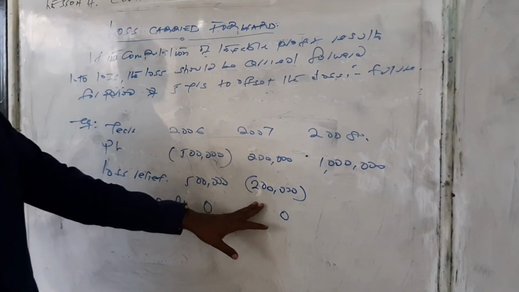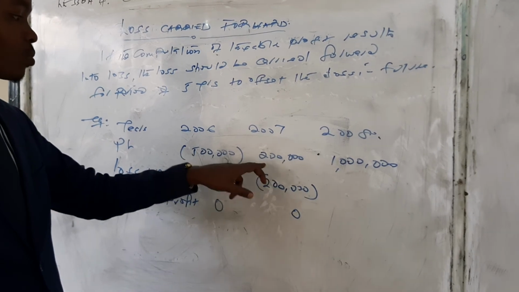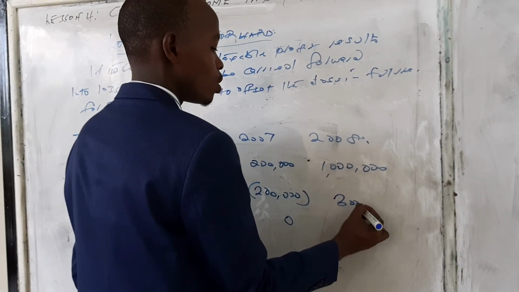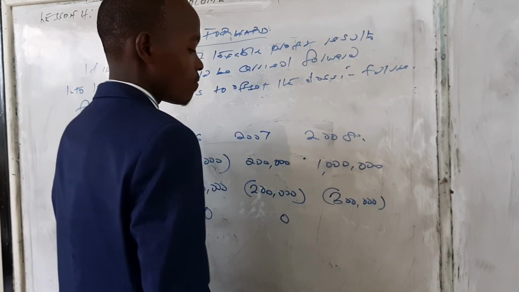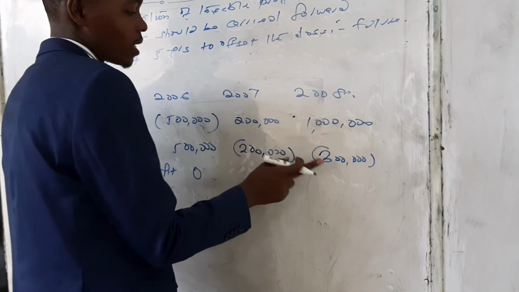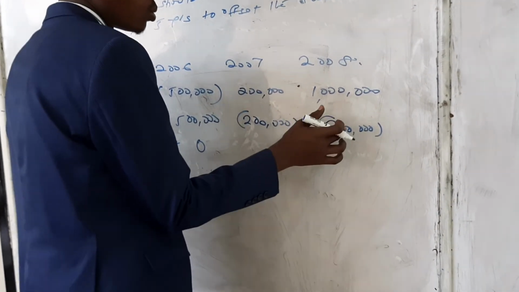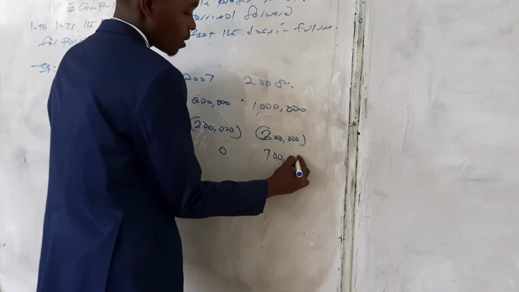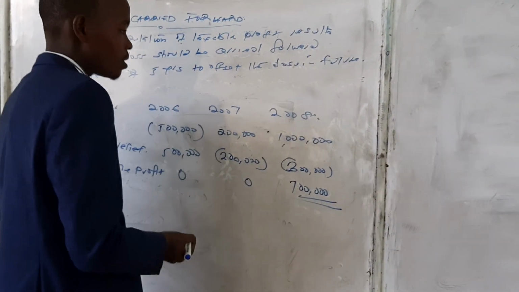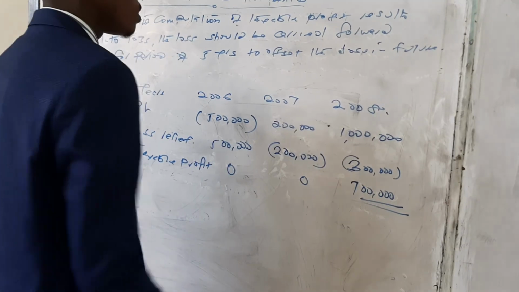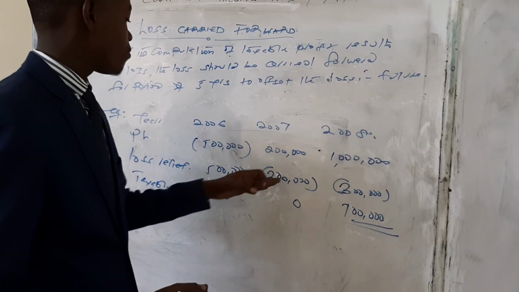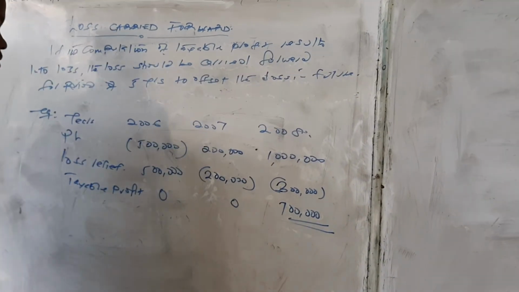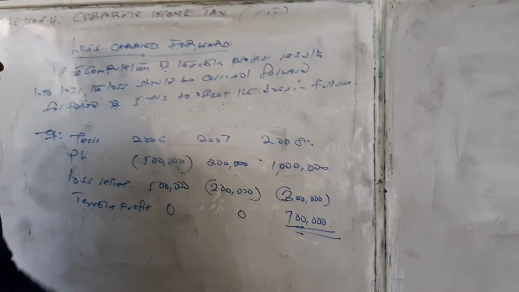And if 200 has been offset because we made a profit here, that means we are remaining with 300 loss that has not yet been recovered. So therefore, you take this one minus this one. 1 million has been able to cover the 300,000 loss, so the remaining is 700. So the company finally made a profit in 2008 because of the losses carried forward from 2006 up to 2008. So that is the time it made a profit. Therefore, this one is subject to the CIT of 30%.